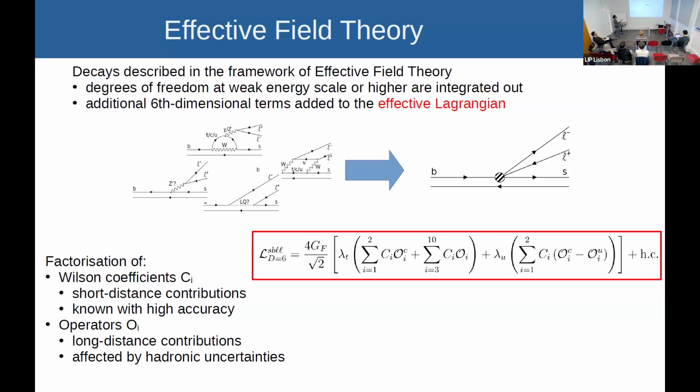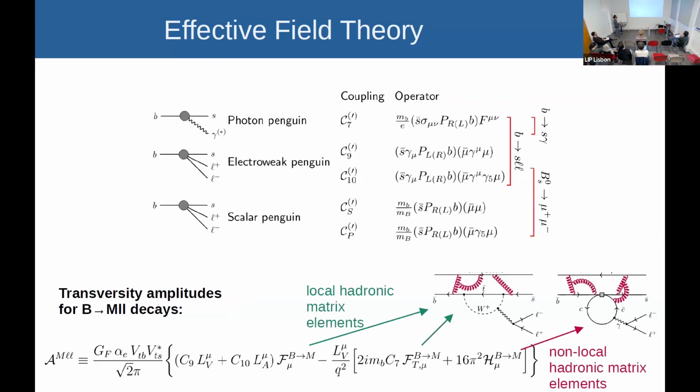So we always have spectator quarks that don't take part in the hard interaction in this transition. They don't take part in this vertex, but are there, spectator quarks. So we can then write our decays as a generic B to meson lepton lepton decay. And here you can see how we can express the transversity amplitudes of this decay as a function of the